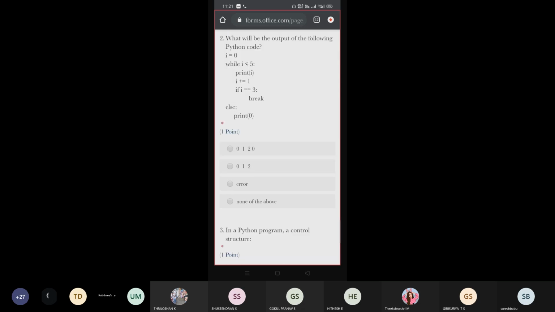Like if else, this is the example for while else that we can specify like this. If we are naturally terminating the while loop, we can use else. Otherwise, by using a break statement, it will not execute, so you will get the output 0, 1, 2. This is the second option, kindly note down. Students understood the usage of the else statement here? Wherever you use else, it will execute only if it is false. That is a natural false.